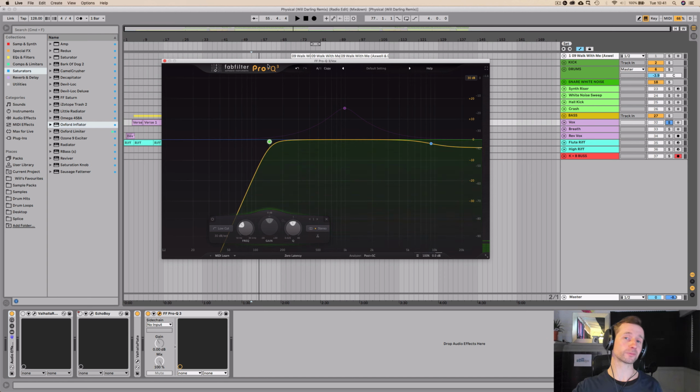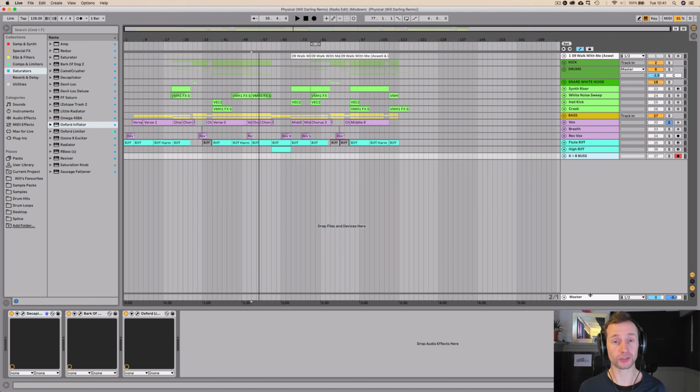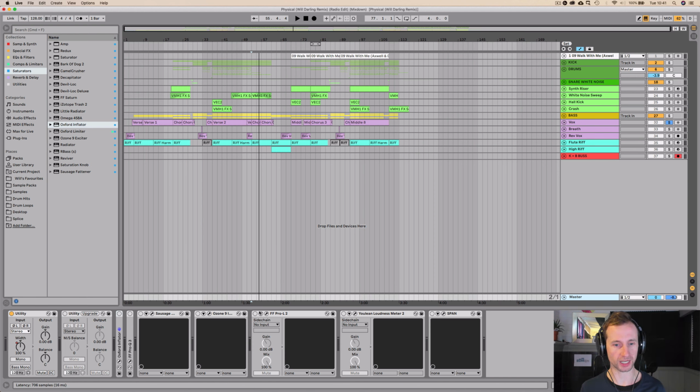So the FabFilter ProQ3, yes, I know it's not actually made in 2020, and maybe the guys will bring out the ProQ4 this year, but it's such a good EQ. Everyone I know uses it. It's fantastic. So the next plugin that I use all the time that I recommend for 2020 is by FabFilter again, and it's the ProL2,